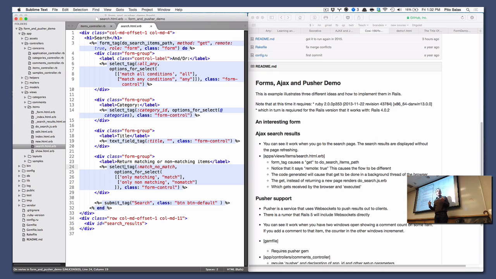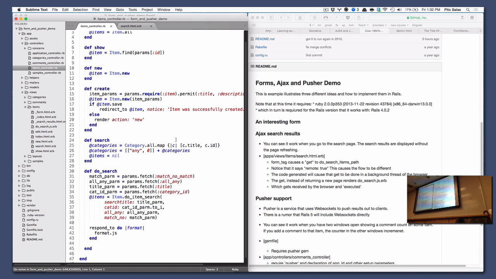Because if I can get some code to modify the DOM and replace this div with a bunch of results, then it would look as if the search came out without flickering. So that's my mission, right? Is to get some JavaScript to run to do that. How do I do it? Okay. So we will now go look at